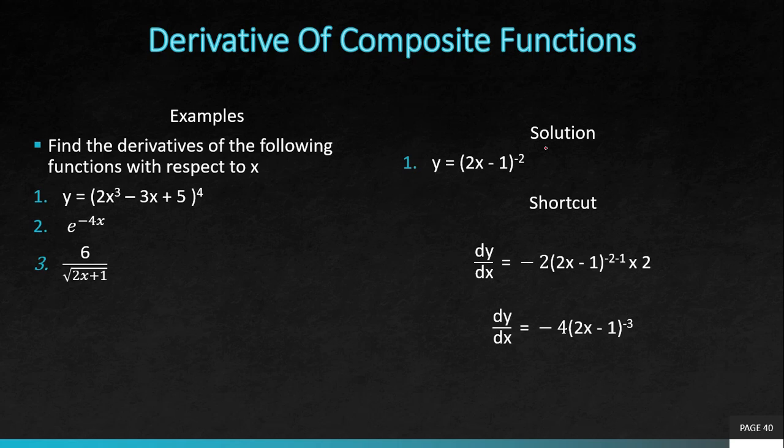What you now look for next is your outermost function. Which is my outermost function? My outermost function is something raised to the power of minus 2. So it is that outermost function you differentiate first. Is that okay? Good. Differentiating that, we have minus 2